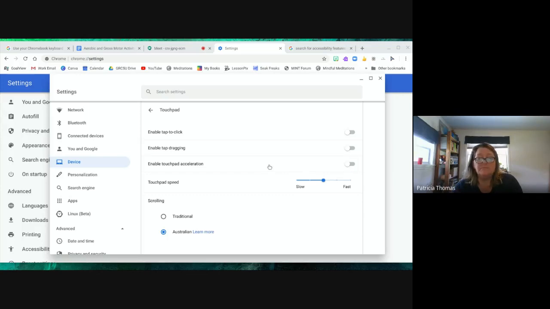So I'll look it up and get back to you. And then the speed is how fast your mouse moves, what the excursion is across the screen compared to what your finger is doing on the trackpad. So if you want it to go really slow, then